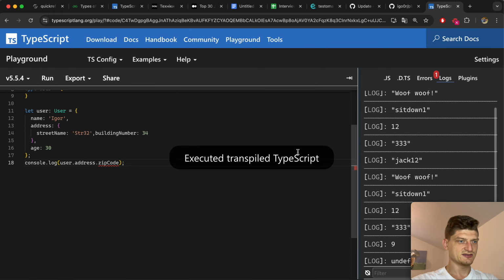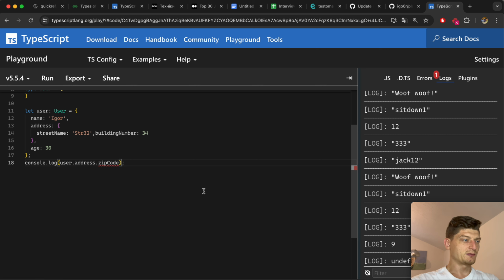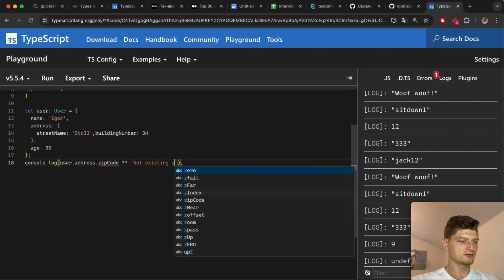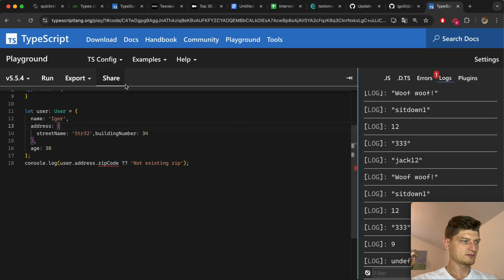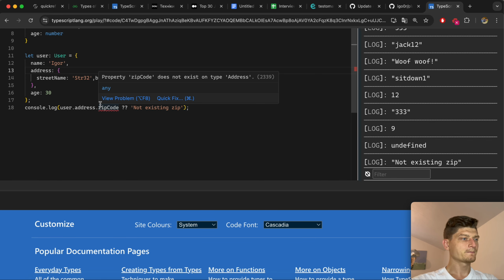Let's call it and see. We will get undefined, right, and error. But if we try nullish coalescing, and we try a not existing zip, and run it again, we will see not existing zip. But actually how does